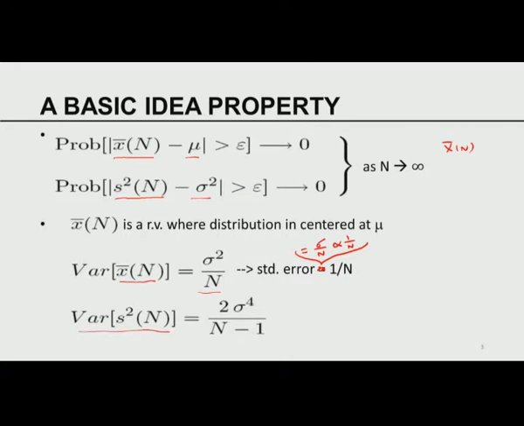So what does it mean? The standard error, which is the square root of the variance, is sigma over root n. Sigma over root n is proportional to 1 over root n, and 1 over root n goes to 0 as n goes to infinity. So that is another way of saying these things. In fact, many of the fundamental ideas of ensemble filters rest on this consistency criterion of basic estimates of both the mean and the variance.